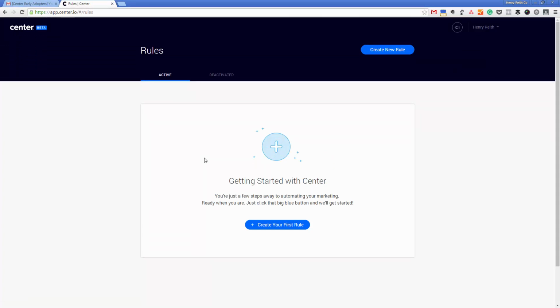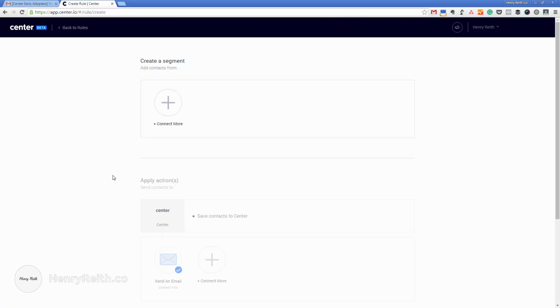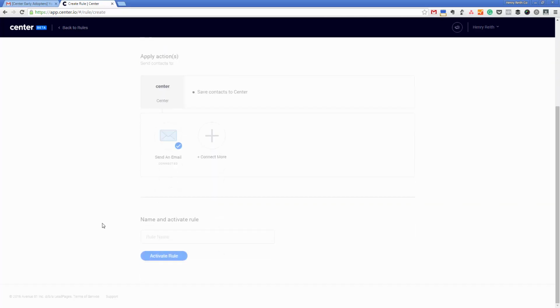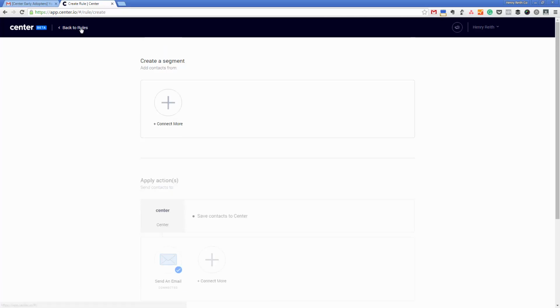So we're met by a very nice, clean, I don't know, Web 4.0 maybe? Are we in 4.0 yet? Maybe this is the start of Web 4.0. Center is the start. So I guess create a segment, add actions, rule. Okay, so